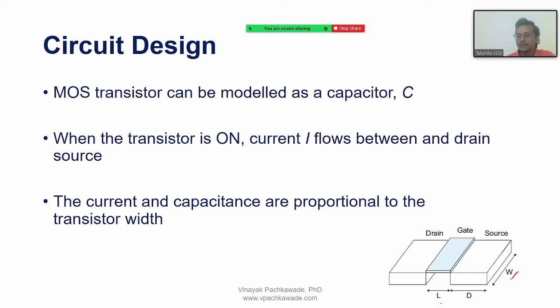On top of that you have a metal or polysilicon that's acting as a gate. In between you have an insulator, silicon dioxide, and you have this length, and this is the width. So we see that if the width is larger, the transistor is wider. We can say that the physical size of the transistor increases if it has a larger width. Okay,